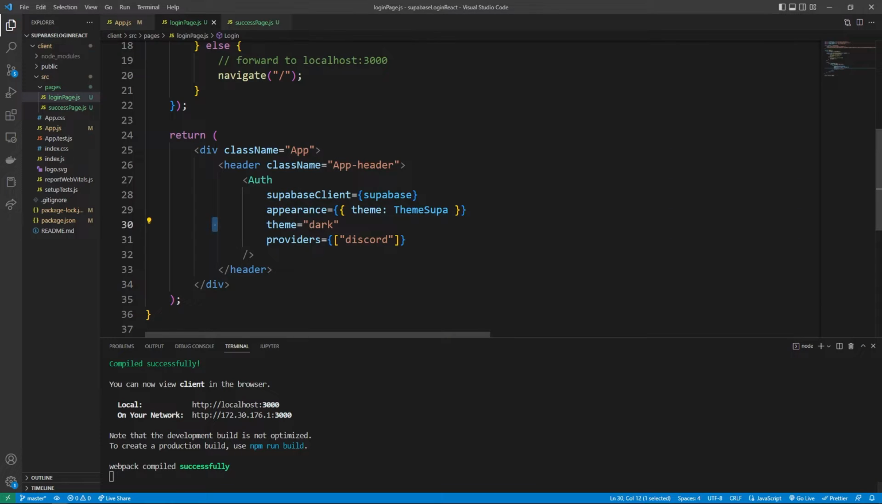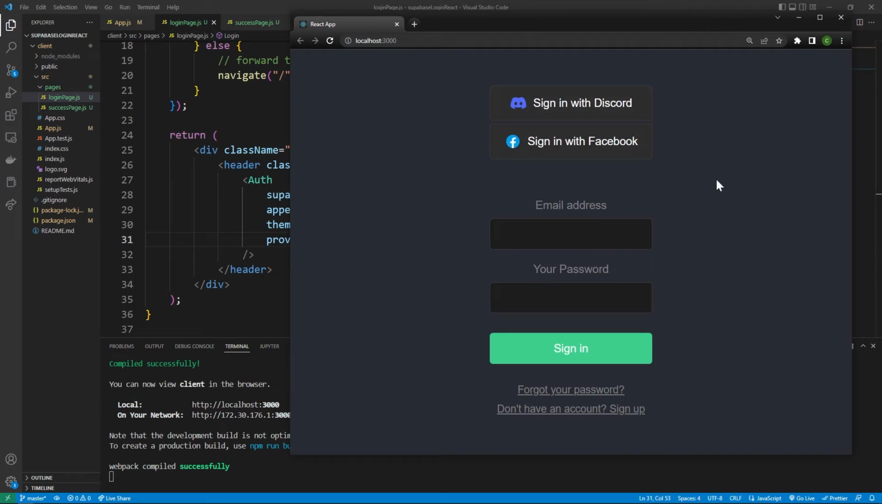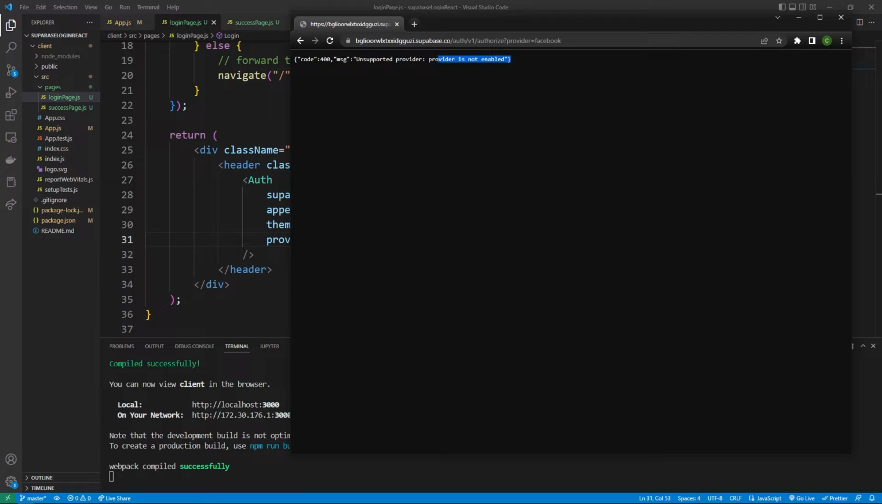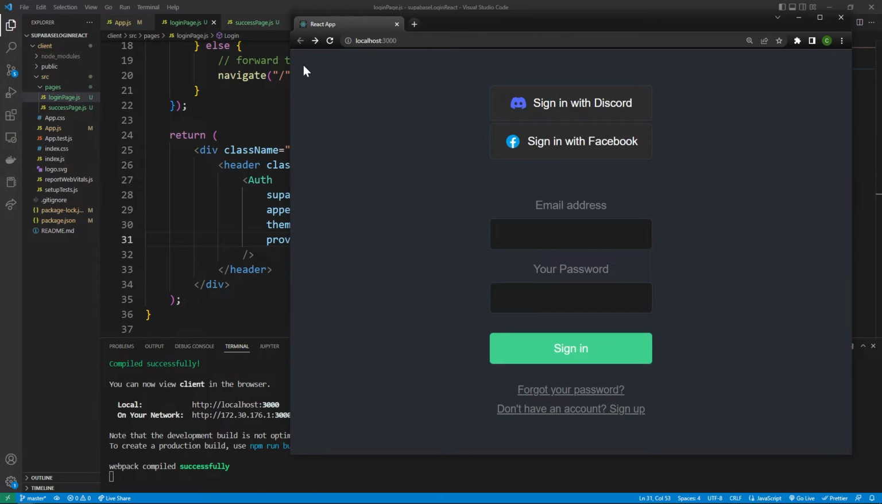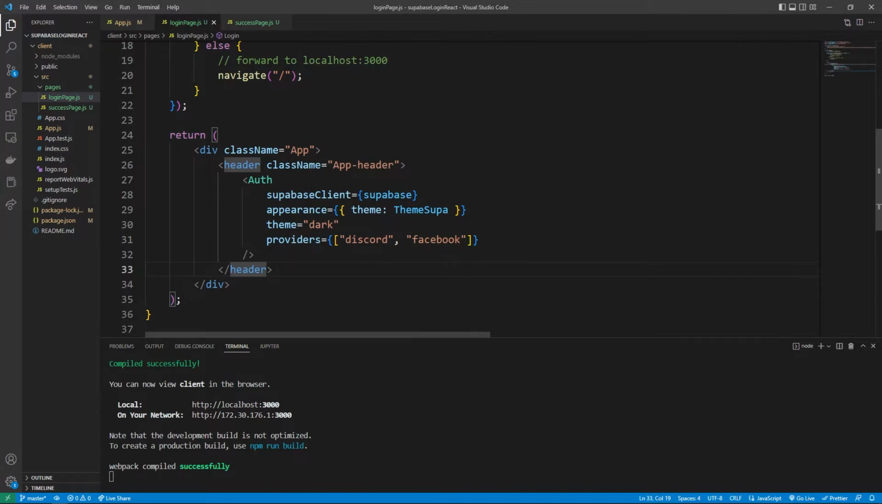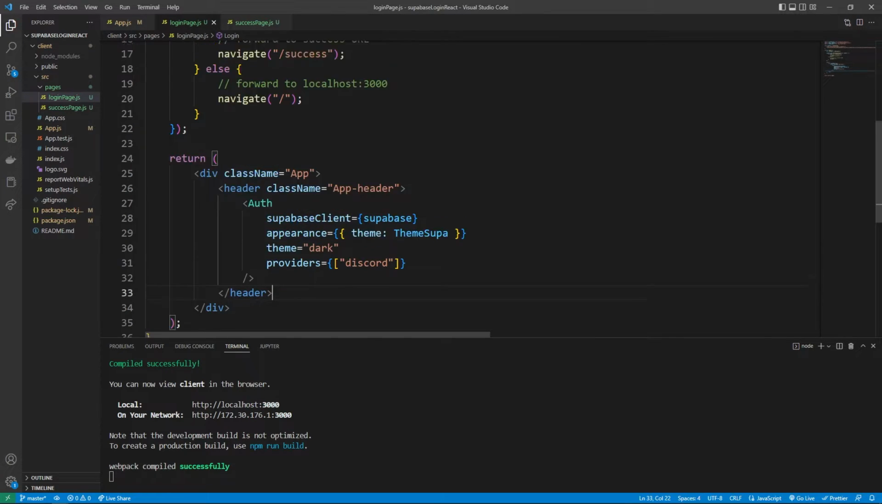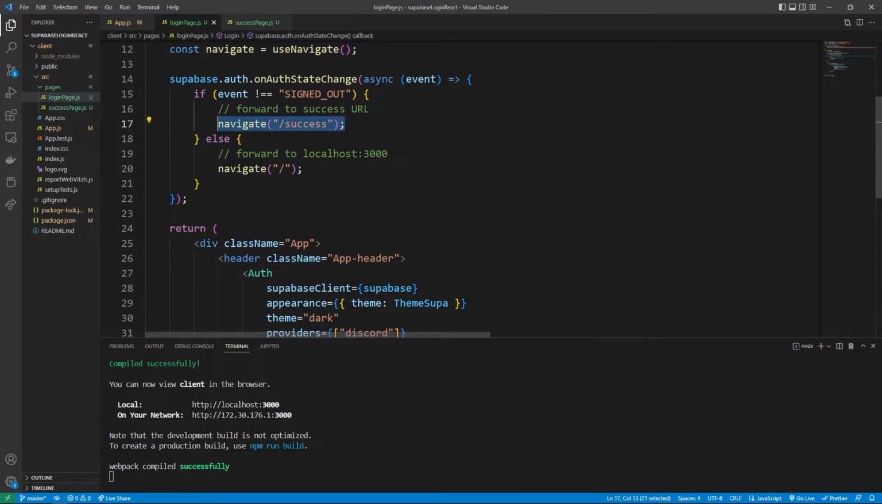Just to give an example, if I also wanted to add in Facebook as a provider, I could put that in here, refresh my application, and you'll see I also have the option to sign in with Facebook. This isn't going to work because the provider is not enabled, but if you enable this provider in your Supabase backend, you're going to be able to sign in with Facebook through this little sign in with Facebook button. But we're not doing that in this tutorial, so I'm going to remove that and keep Discord. And so right now, if we log in, we are going to be able to get navigated to the /success